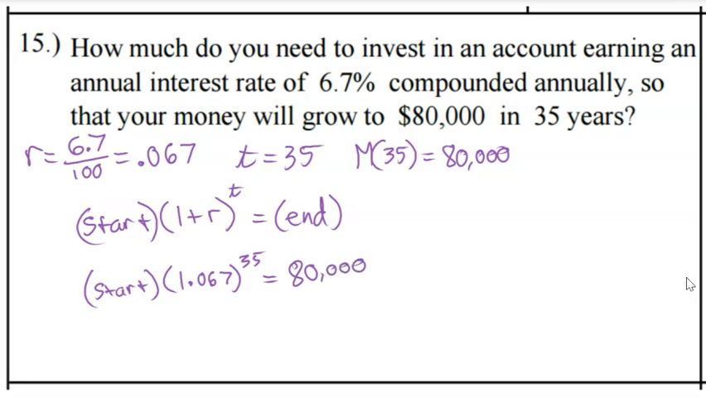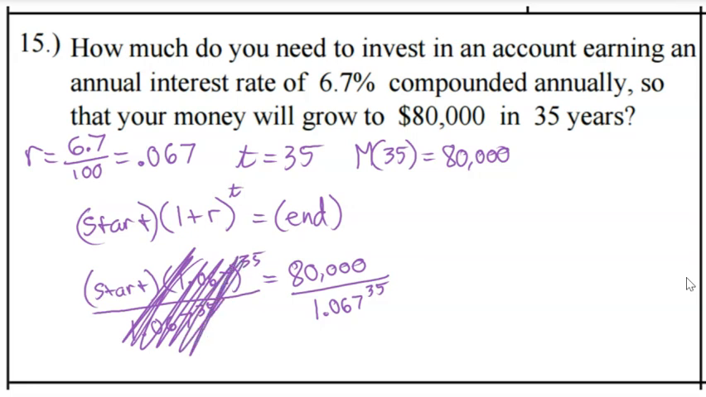And so it looks to me like we can just divide. If we're solving for the starting value, all we have to do is divide by this exponential expression, 1.067 to the power of 35. If we divide by that on both sides, it's going to cancel on the left side, and all we're going to have is the starting value. So the starting value is equal to 80,000 divided by 1.067 to the power of 35,